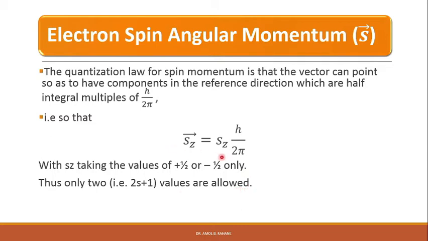So the first value is plus half and the next is minus half, and we can represent it by using this figure, right? So the allowed values of Sz, only 2 allowed values, for them the directions are shown in this diagram. So this is Sz, right? So 2 values: this is plus half and this is minus half. So the spin vector is equal to 1 upon 2 square root of 3, small s is equal to 1 half.